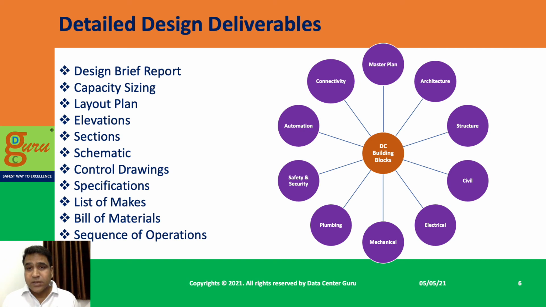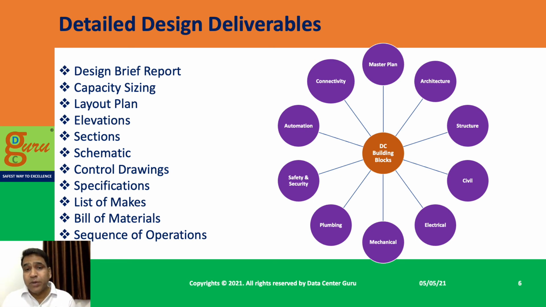List of makes. For the specifications, whatever you specify, it should be available, and there has to be some supplier available. We can't have unrealistic specifications put in so that there is no supplier to support it. So it has to be realistic, and it has to be mapped with a list of makes so that the same can be procured. Then the people have to prepare a detailed bill of material to support the design. So bill of material with specification, quantity, and somebody has to put the rate also to find out the overall budget or overall cost to implement that solution.